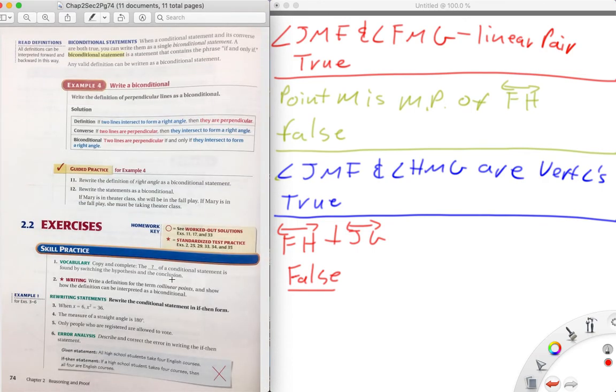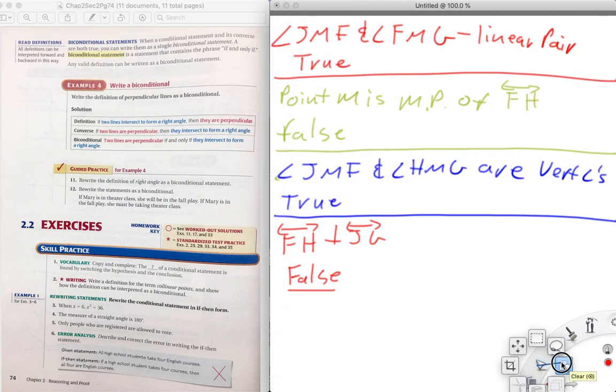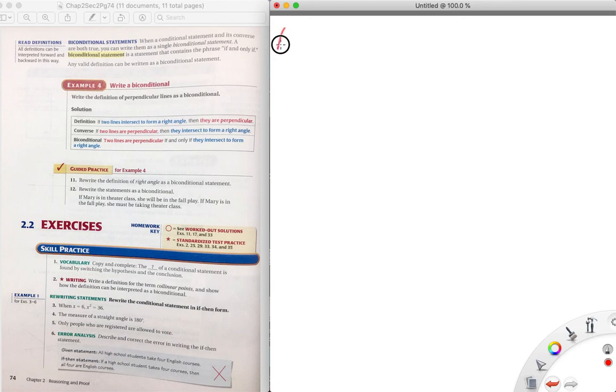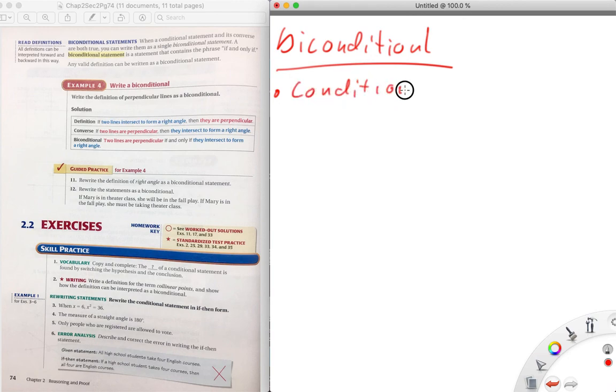All right. The last thing we have is something called a biconditional statement. And a biconditional statement is a statement where the conditional statement and the converse are both true. I repeat, and that's what we did with the definition of perpendicular lines. The conditional and the converse are both true. So that's called a biconditional. So biconditional, the conditional is true,